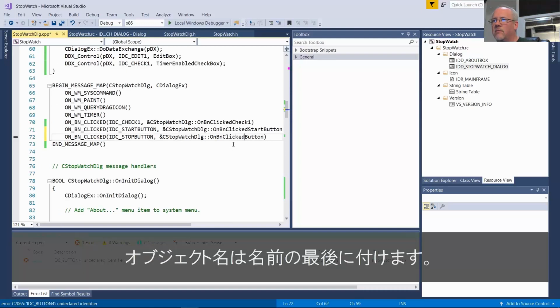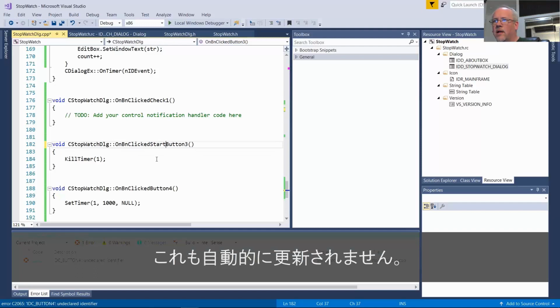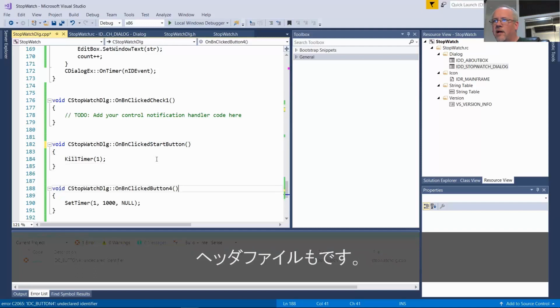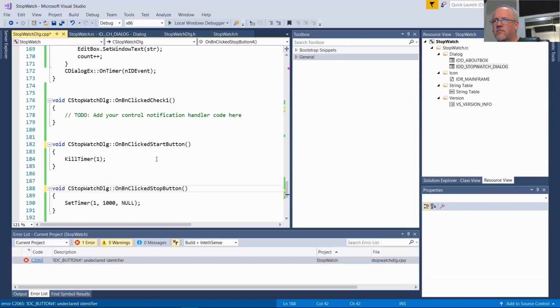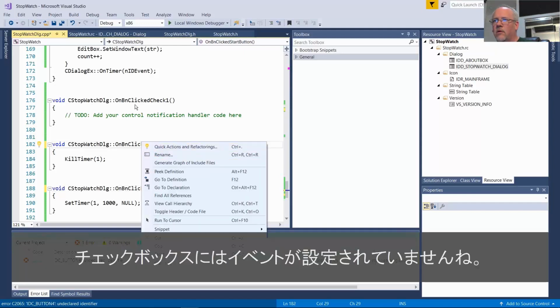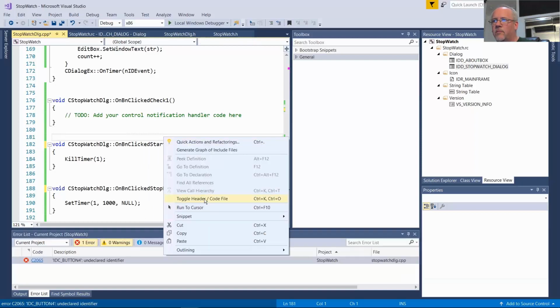Object is the end of the name. And then we have these two events that are not going to be automatically updated in our header file, so we have to manually rename all these things. And our checkbox doesn't need an event there. We don't really need that.